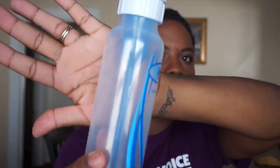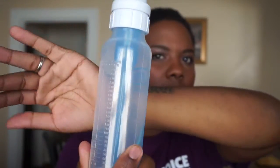And these have been my favorite bottles that I purchased. These are the Dr. Brown's Natural Flow by Handicraft. I have this in blue, I have it in pink, and I also have some purple ones. There is a darker blue where instead of the container being clear, it's all blue, that I want to get as well. And inside of it, you'll see a little stem. I call it a stem, but you'll see a little thing going down. It looks like a straw, and that is to carry out all the air, so that when the baby's sucking on the bottle, no air gets trapped inside, and they're not sucking in air as they're drinking